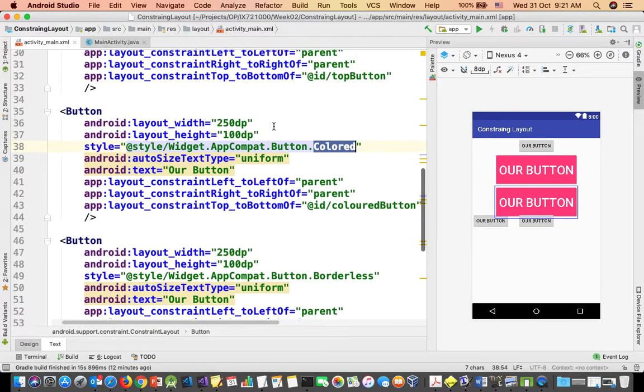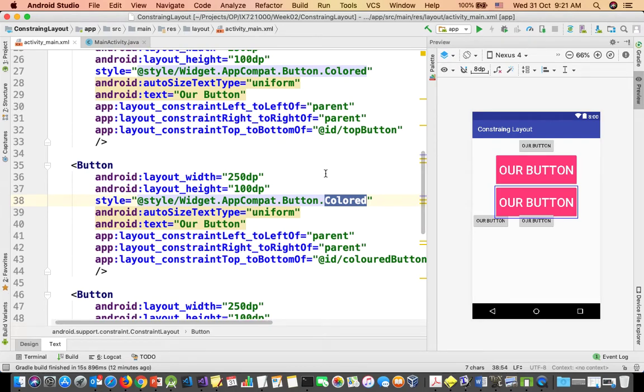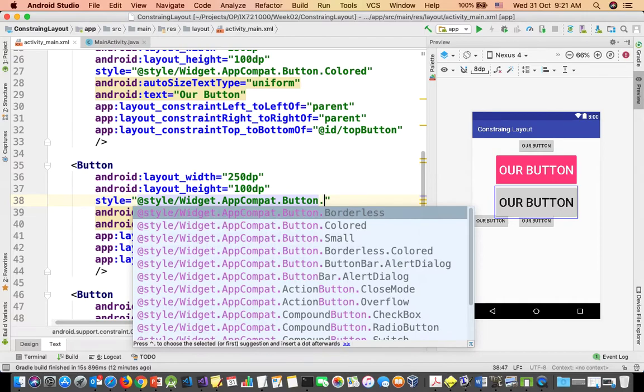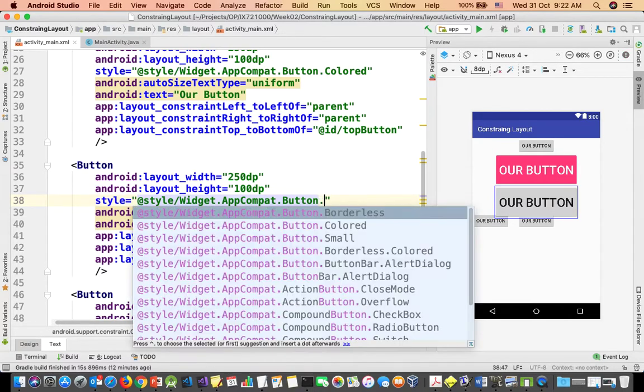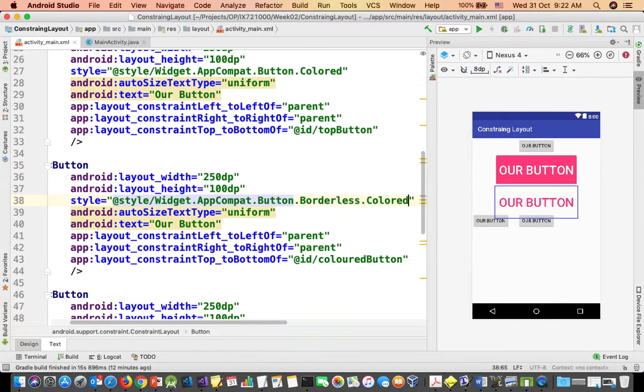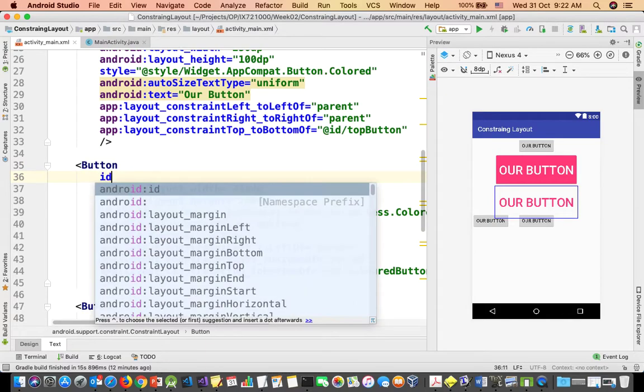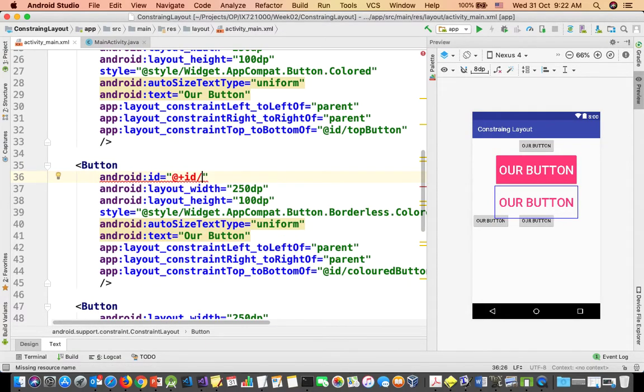Yeah, we have to give the ID, but we need to select, okay, it's a colored one, so we can say that dot small button. It does not make any difference, I think. Borderless colored, okay, borderless colored, and then I give that particular ID to this one. Bordered